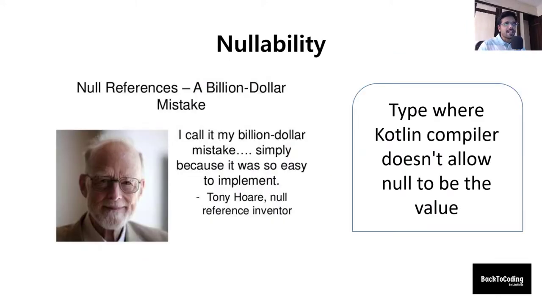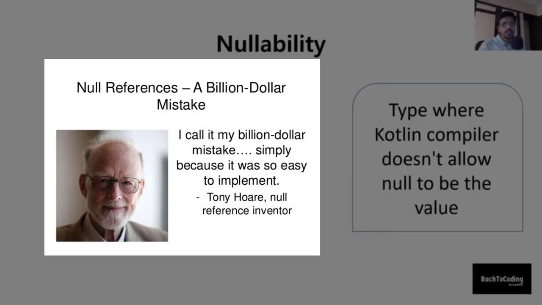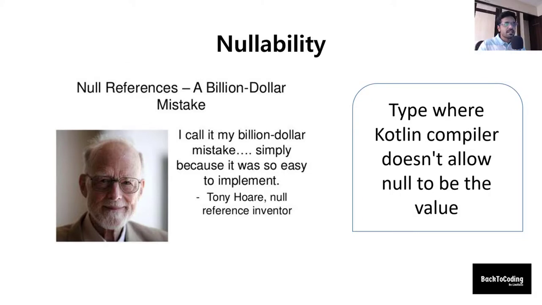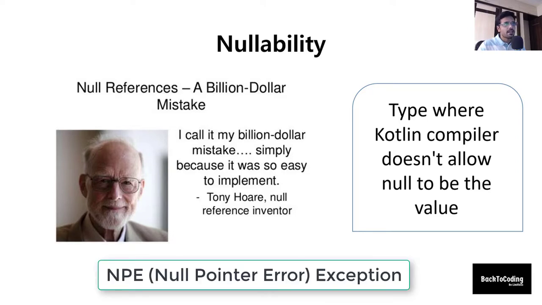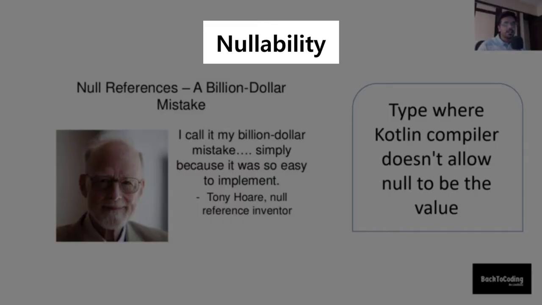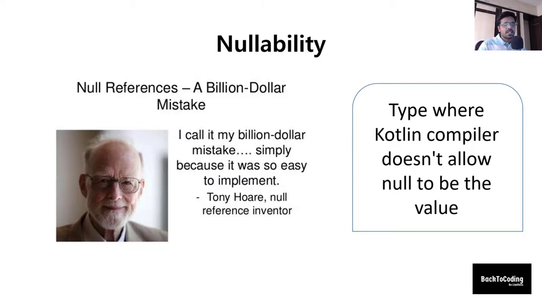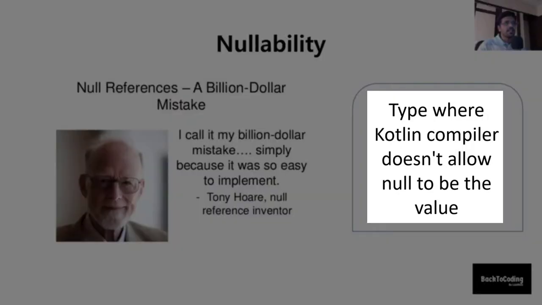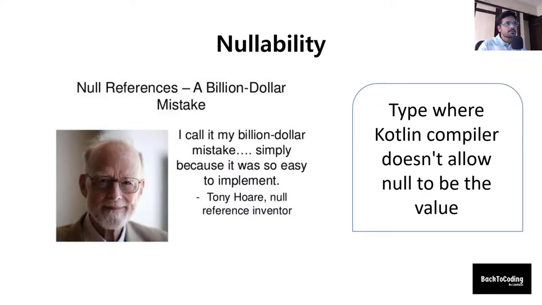Kotlin's type system is aimed at eliminating null pointer exception from code, also known as the $1 billion mistake. If you are familiar with Java or some similar language, then you might have come across the NPE, that is the null pointer exception error, several times, which is the most common pitfall in many programming languages. So Kotlin handles it with nullability. Nullability is a type system where the Kotlin compiler itself doesn't allow any type to have a value of null during compilation itself. For example,